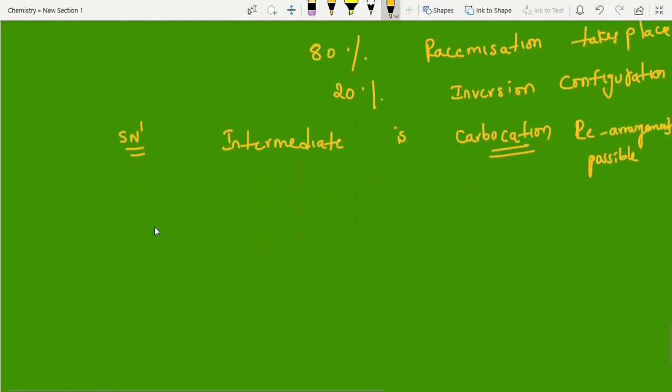So I am writing here. If you are preparing for JEE Mains and NEET, definitely rearrangement questions play an important role. CH3, CH3. This is what? CH2X. Okay, I am giving here H2, polar protic solvent. What is the answer? Comment me what is the answer, students. Next video I am going to give the answer.